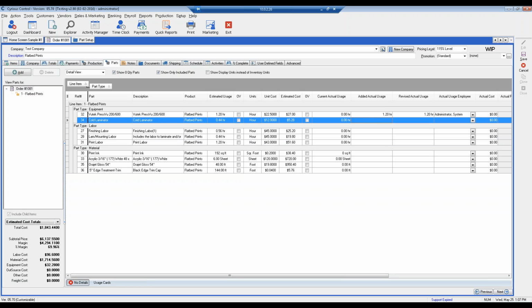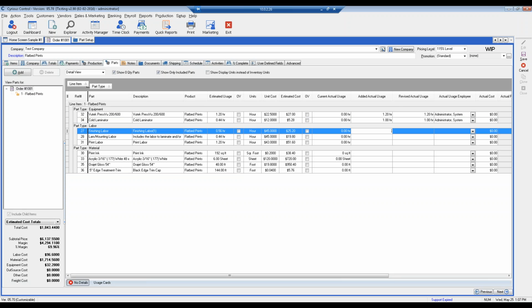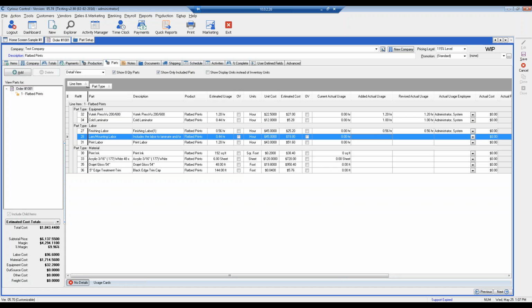Laminating, something happened with the laminator. It jammed, took us a little bit longer, so we were on that laminator the entire hour. Finishing labor, we'll say that's about spot on. That laminated labor, since we were on there for an hour fixing it up, we were there for almost the entire hour, so we'll put in